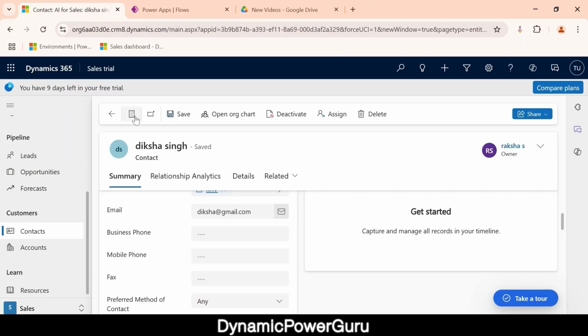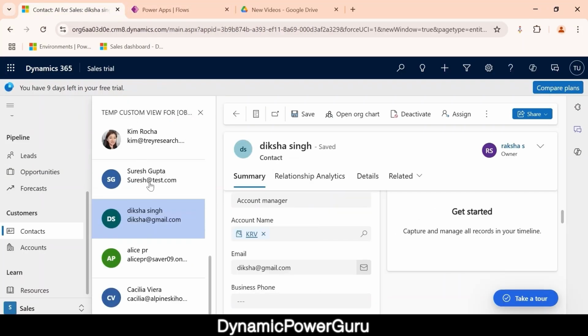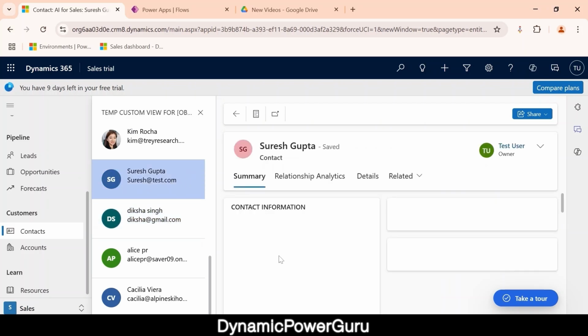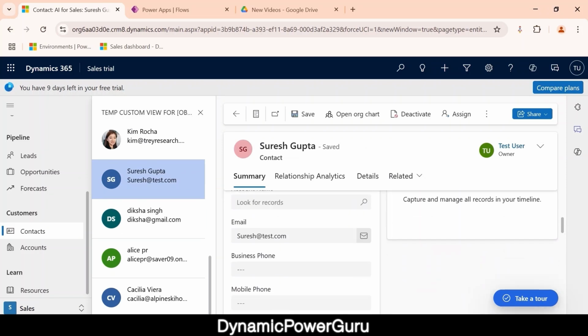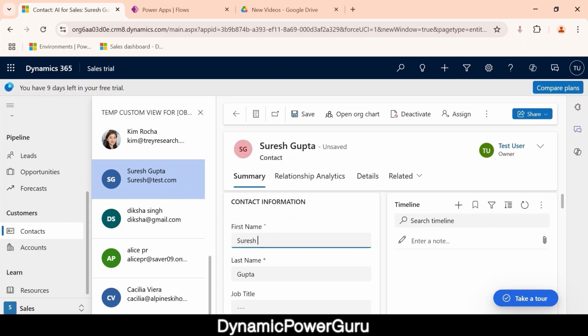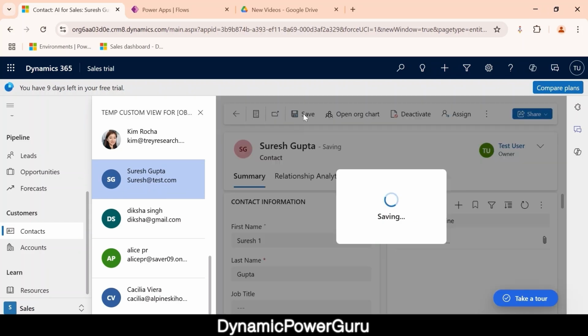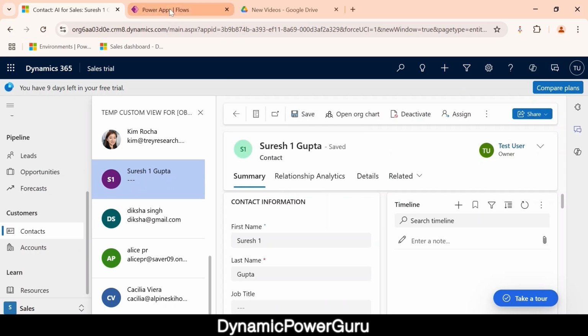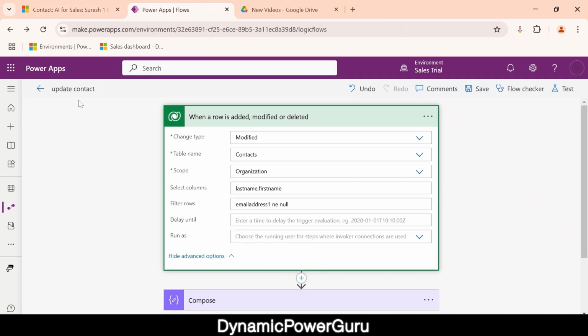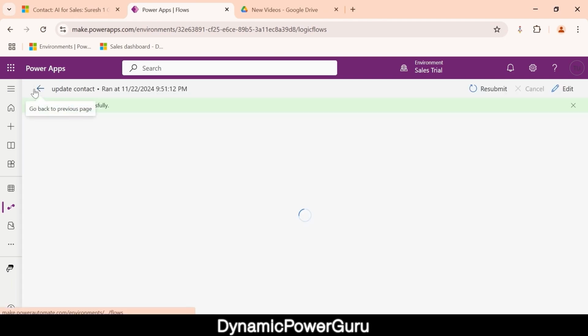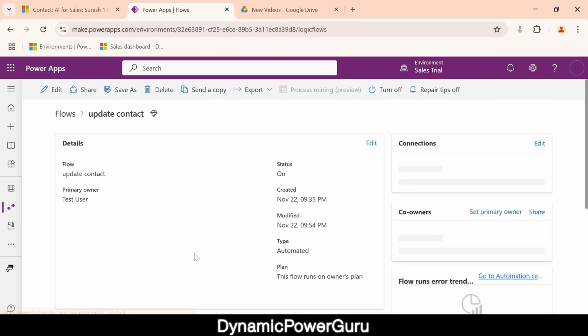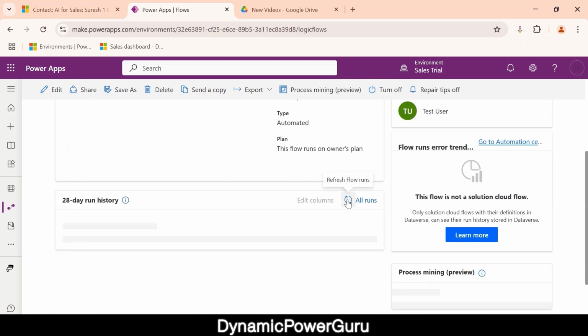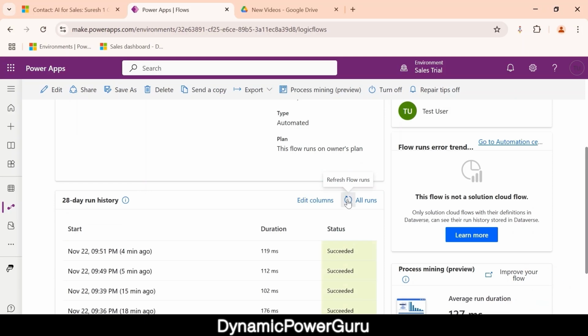And let's go to the Dynamics, and let's say for this contact, let's remove the email address, and let's update the first name and click on save. And let's go to the flow run page. So here you can see the flow has not triggered because the criteria says that the email should not be